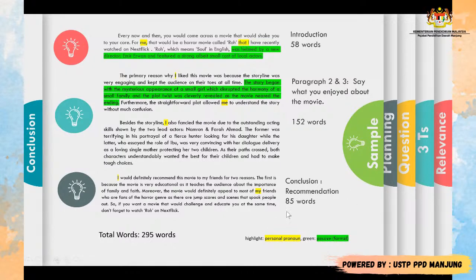Why do I do that? Because I've got personal pronouns like I and me, but not so much compared to part 1 and part 2 just now, where I have a lot of yellows. You could see a lot more yellows than in this one. I probably have one I and my